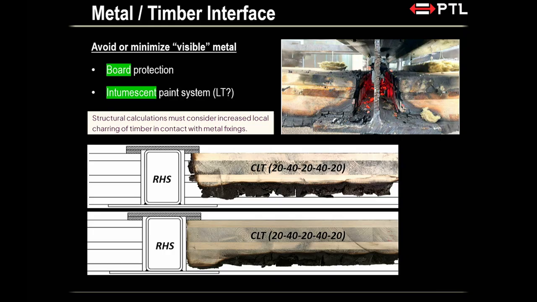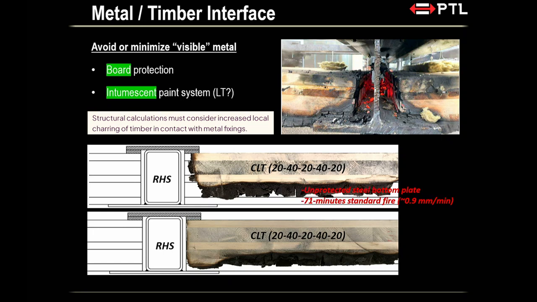So I'll just quickly compare and contrast this. What we have here is an RHS, right? And we have a steel plate going below it. Next to it is a CLT. These are the lamella dimensions, it's 20 and 40. There's a bit of a gap between the RHS and the edge of the CLT floor. It's not touching, but the floor is sitting on top of the steel plate, right? So you get that configuration.